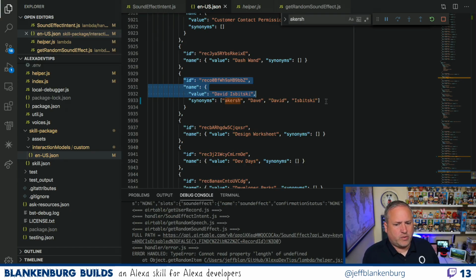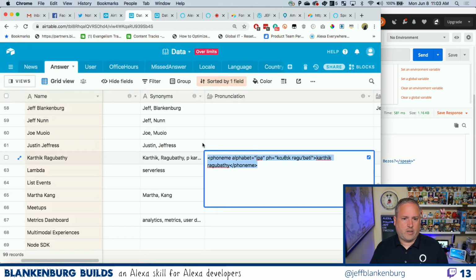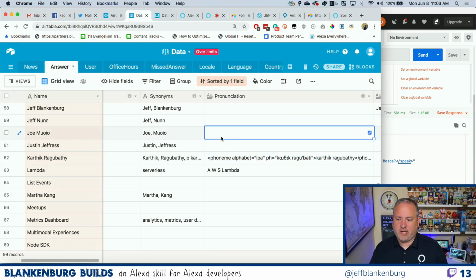But yeah, I don't know a better way to do what I'm doing right now, other than to have to call back to the database, look up the pronunciation, and then say it. But if I could store more information with each individual element, then I would do that for sure. And then this stuff would just come through, and I could use the pronunciation if it existed. But we don't have that, so this is where we are. Okay, so that being said, we've kind of talked about a few of these things. So what I also wanted to do today is talk about what's going on in this table.